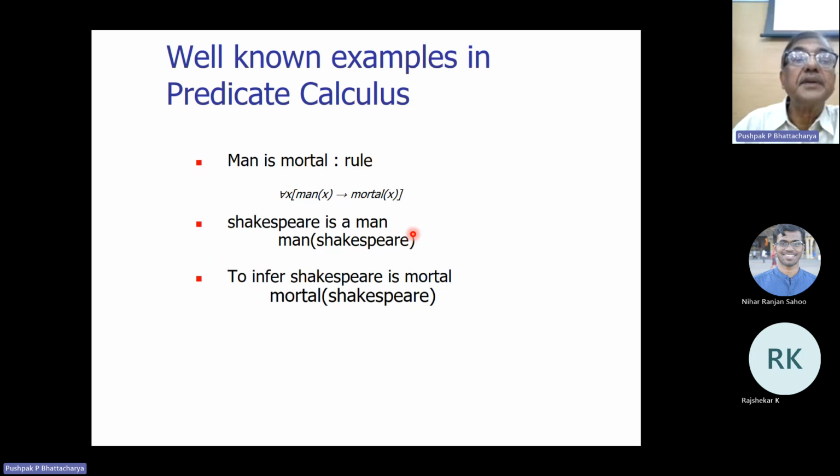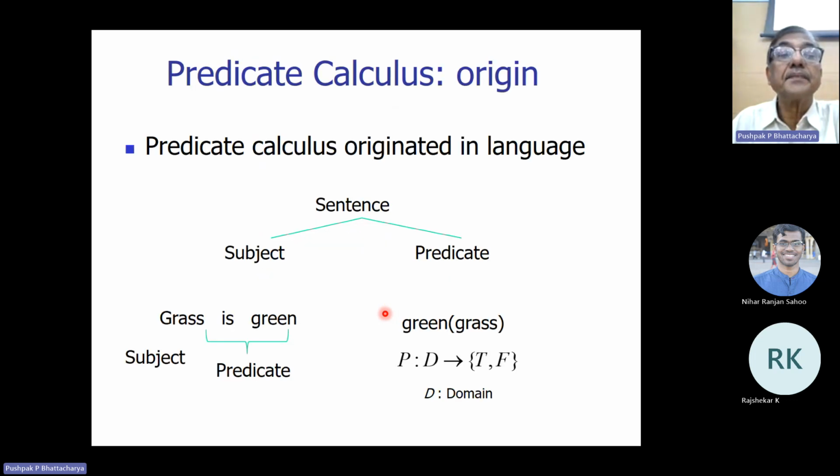So now these are the well-known examples of predicate calculus. Man is mortal, Shakespeare is a man, Shakespeare is mortal. These are 2000-year-old examples coming from the Greek tradition of logic. So the origin of predicate calculus is language, okay, because we have to represent the knowledge contained in sentences, and